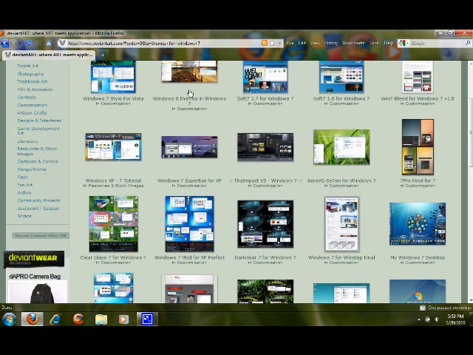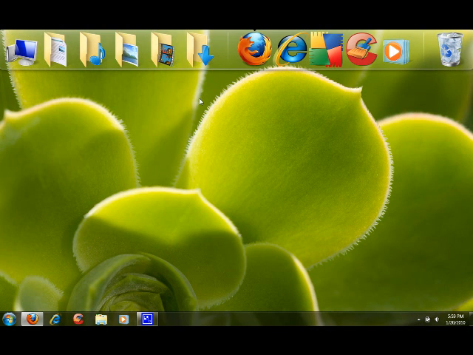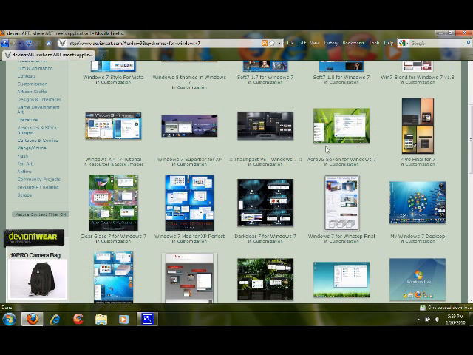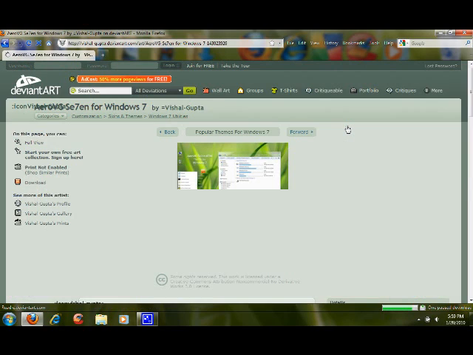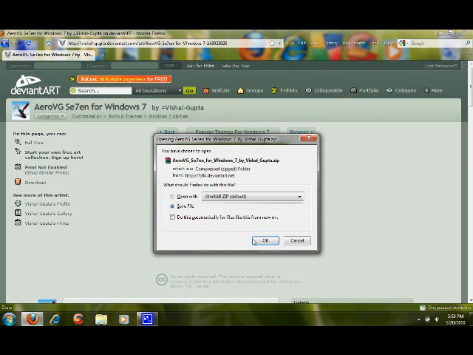So we just scroll around and look for a theme that looks nice. There's a lot of nice ones here. I've already downloaded a theme, so I'm going to show you how to apply a theme really quick. Well, actually I'll just go ahead and download a different one. Okay, so let's say we wanted this one. It says Aero VG7 for Windows 7. So we know it's a Windows 7 theme file. We're just going to download that, save it,